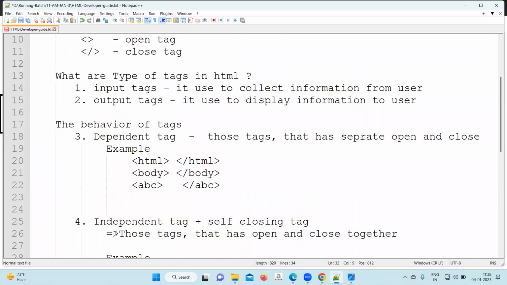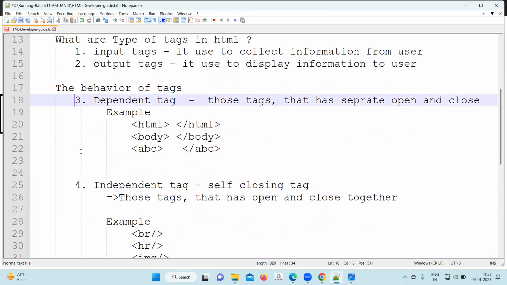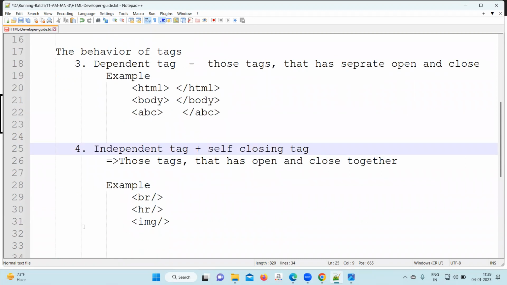So these two lines, the third line and fourth line we have written, are going to help you make your document structure a valid document, as well as remove the browser dependency, as well as execute your HTML program in all the technology. Now the fifth point we have says like,